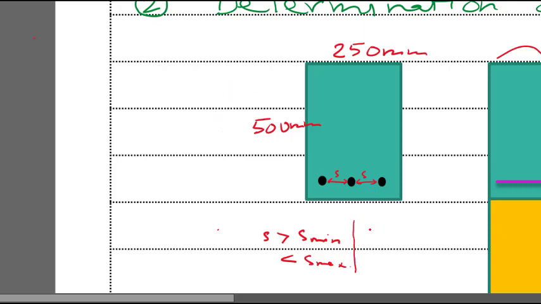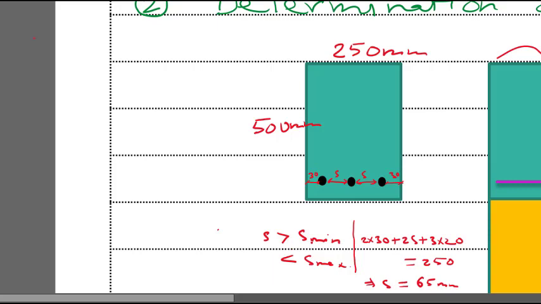Now to compute this S, this cover, how much had we assumed? This cover has to be 30 mm. The concrete cover is 30 mm. So we have 2 into 30 plus S plus S, so this is 2S, 2 spacings, plus you have 3 20 dia bars, so it will be 3 into 20. Now this dimension has to be 250. So from here you get the spacing as 65 mm. This spacing is coming as 65 mm, which is fine for me.